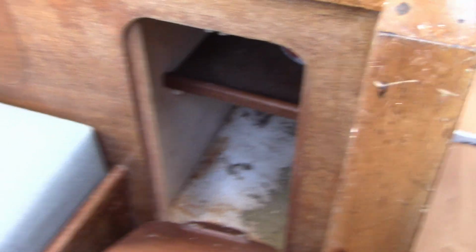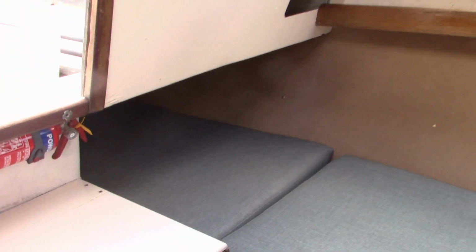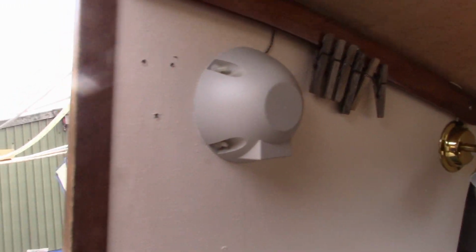Another bit of stowage there for the kettle, teapot, etc. Underneath here you have more stowage underneath that, and of course this entire length is free stowage, and these are our beautiful new covers and supremely comfortable cushions. Just a wonderful night's sleep on these, so really like those. Quite like our brass lamps there, those we approve of. The DSC radio,